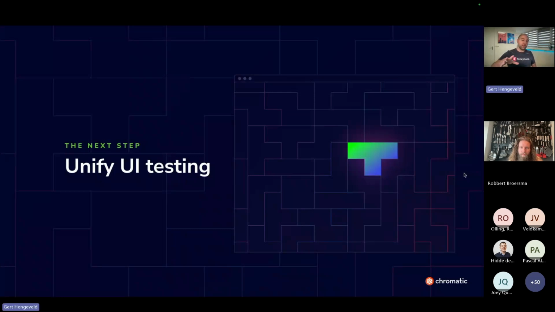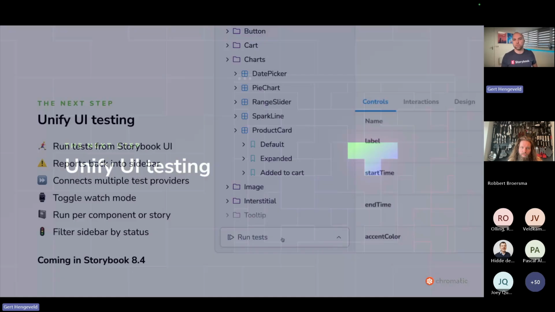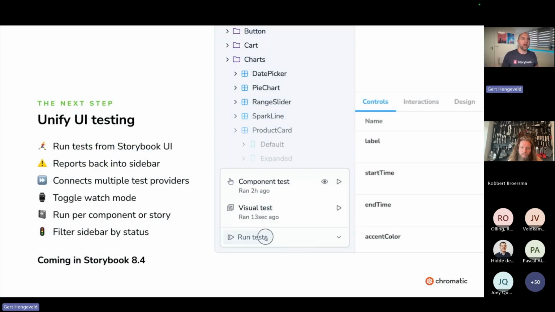So that's already currently available in Storybook 8.3, but we're not stopping here. We have bigger plans for UI testing. We want to unify the UI testing experience inside of Storybook. So we're bringing the UI into testing. So what we're going to offer in Storybook